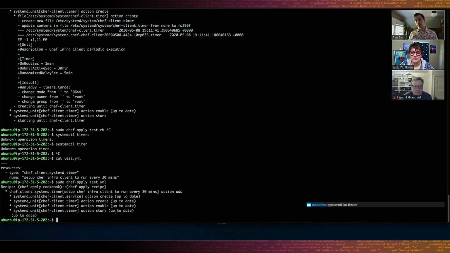The other cool thing you get with some of these init systems is the ability to state if you want something to run when you're on battery power. That's a cool feature in systemd. You can do it in scheduled tasks as well, so we've exposed that. So if you say, hey, I have laptop fleets and I don't want Chef to run when they're on battery because obviously it consumes power, you can skip that, which is always nice. Not as big a deal for server folks.